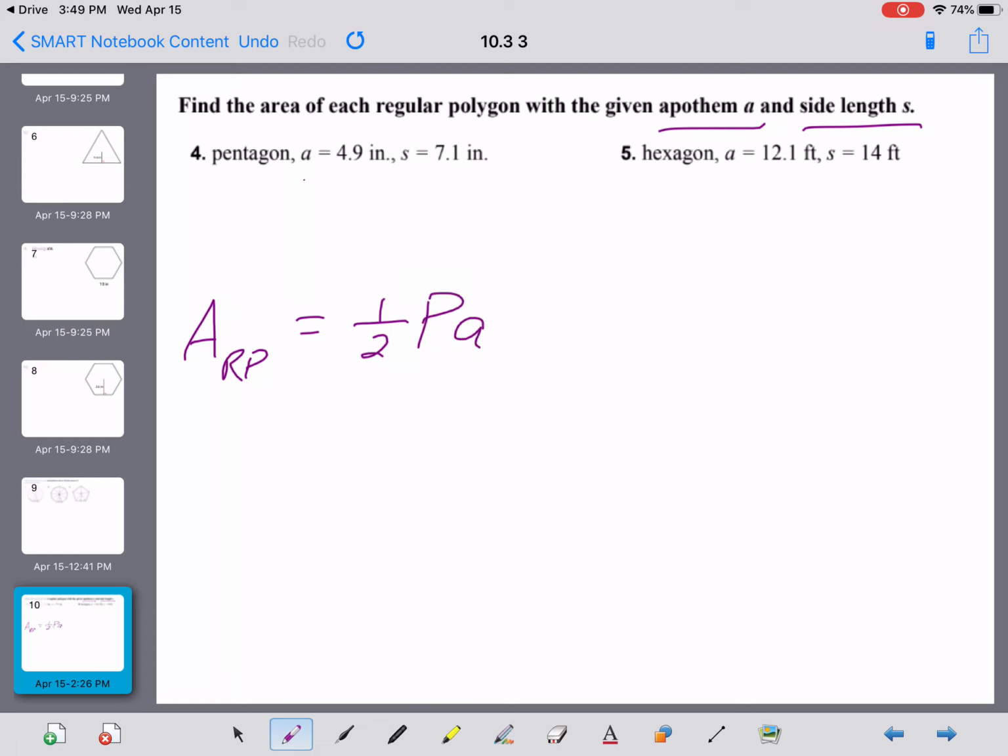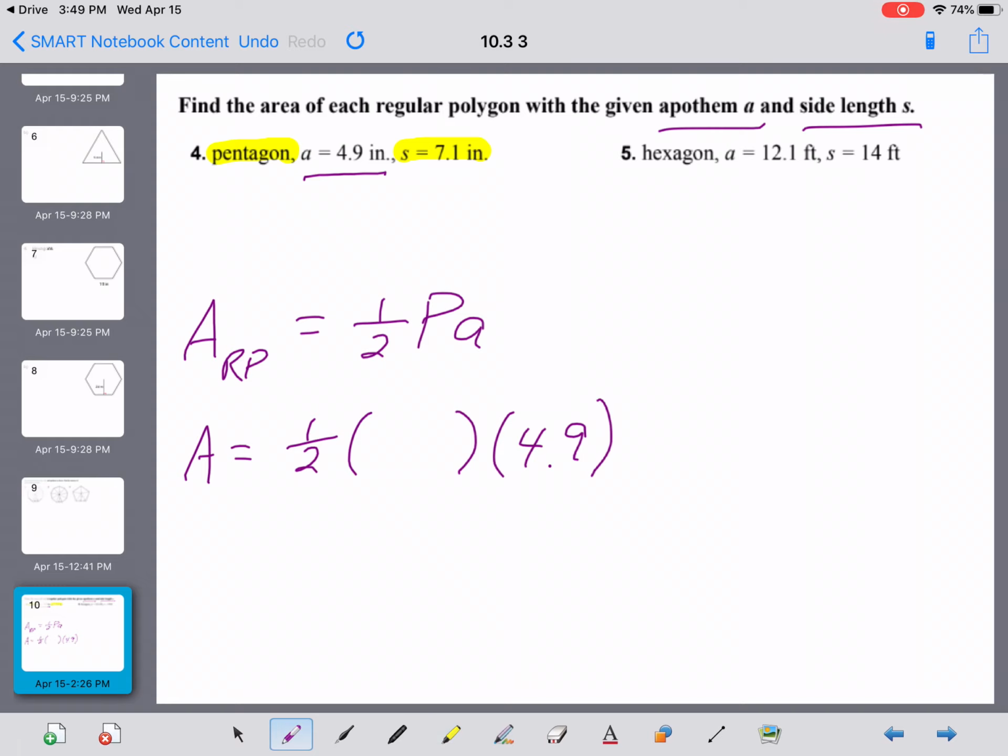Well, the good news is they gave us a right here as 4.9 inches. So when I go on to step 2 and fill in what I know, I've got my 1/2. I do not know the perimeter, but we do know that the apothem is going to be exactly 4.9. Now, the only issue is that we've got to find the perimeter. What they did tell us isn't exactly what we need, but is going to get us there, is that we're dealing with a side length of 7.1, and the other important fact is that we're dealing